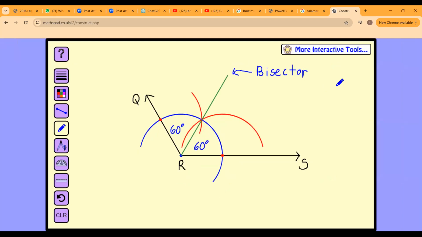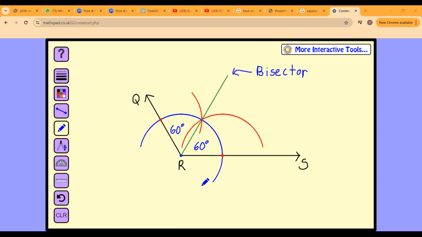Let me know if you all understand how we bisected the angle. Yes, sir. Jevin, Chai, Malik, Olivia. That's only four persons. The rest of you, please let me know if you understand how we bisected it before I have to call you out. I'm asking the class, do you understand how we bisected this angle? And you have to answer me. Yes, sir. Can you go over it again, please? Yes, sir. Nivea says she wants me to go over it.